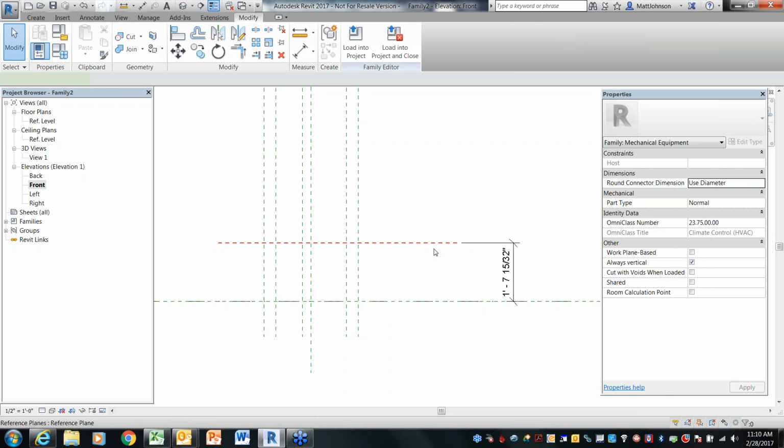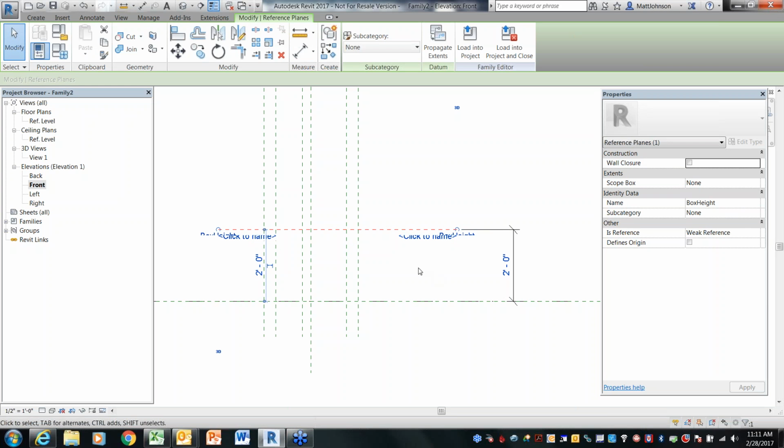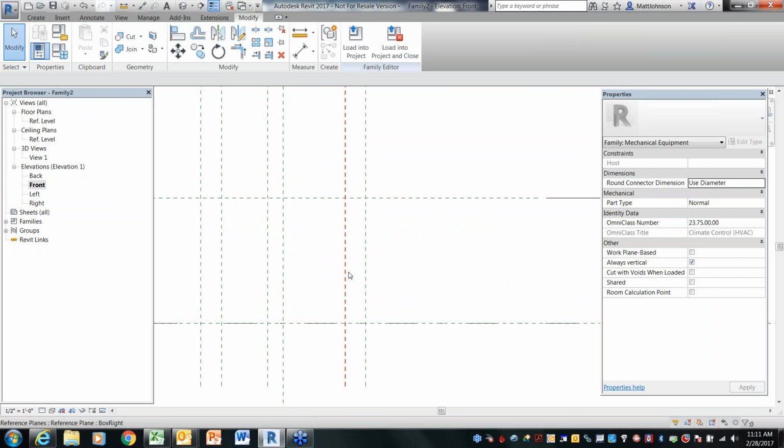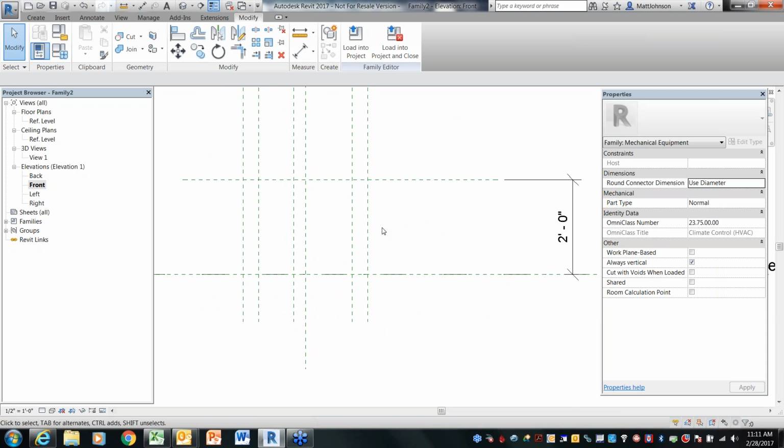And we'll just set it at 2 feet as a default. We're going to name that box height. Okay, so now we need to concentrate. Looking at the front of this is the area where our reheat coil is going to be. So what we need to do is specify some more